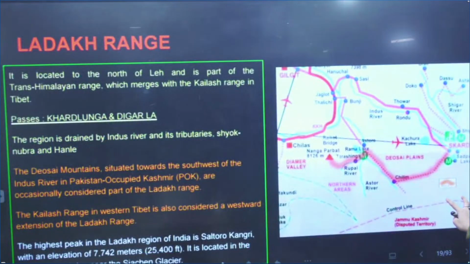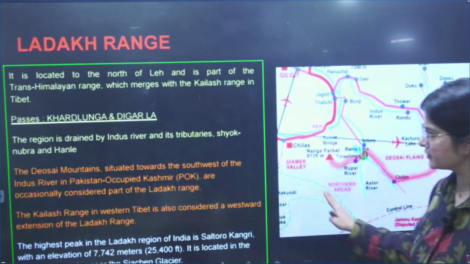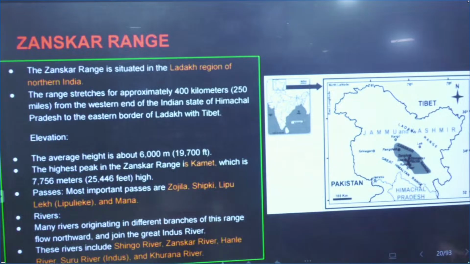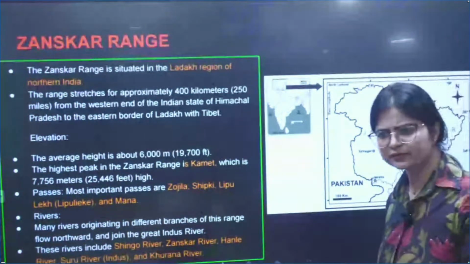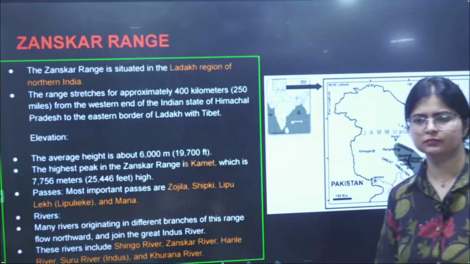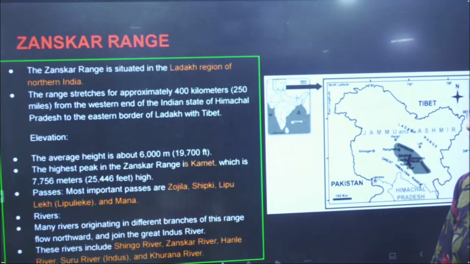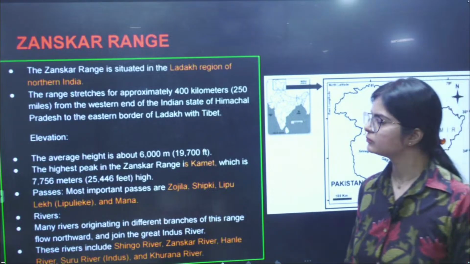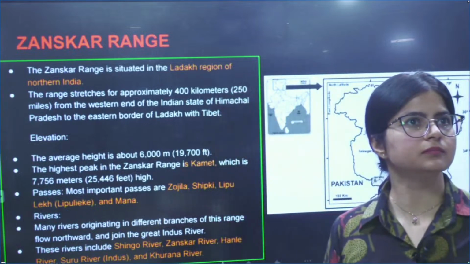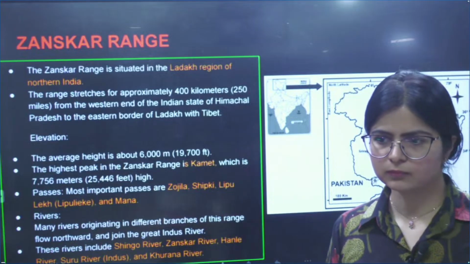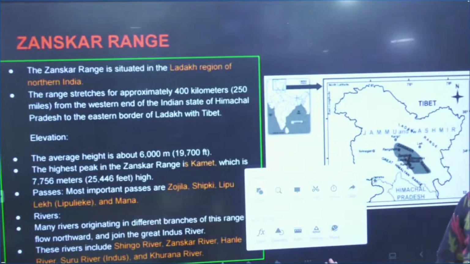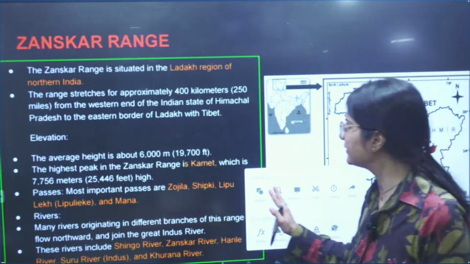Okay, now the Ladakh range is another one. I think we have discussed almost all the points of the Ladakh range. These are extra points, not needed to be added. Okay, in the Zanskar range, have we written about the Zanskar range? How much have we written? What points have we added in that? Okay, not much you have to write for this. This also, if you have space left, then what you can write, I'll just let you know.